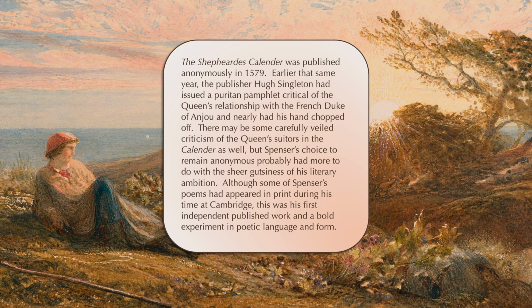English people feared would create a more Catholic climate in England. And for that, Singleton nearly had his hand chopped off as punishment. And a few months later, he published the Shepheardes Calendar. So there may actually be some carefully veiled criticism of the Queen's suitors in the calendar, but Spenser's choice to